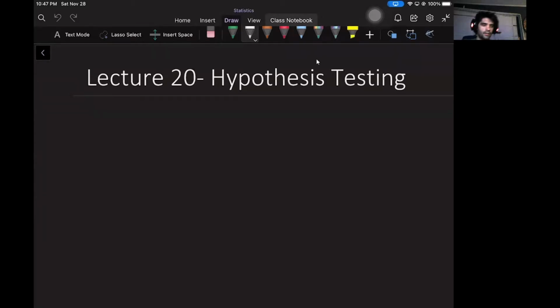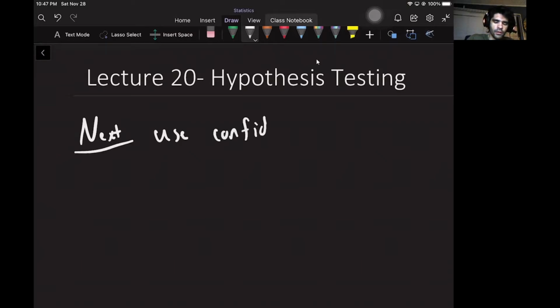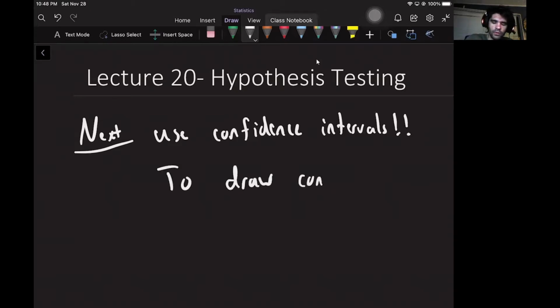Okay, class, welcome back. Today we're talking about hypothesis testing in lecture 20. So today we are doing the big league stuff, the real stats, closer to what people actually do. And the idea is that we're going to use confidence intervals to really do what stats people do. So we're going to make use of them. We're not just going to create confidence intervals. And the idea is that we're going to draw conclusions,